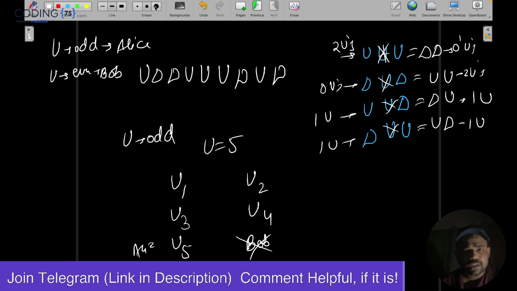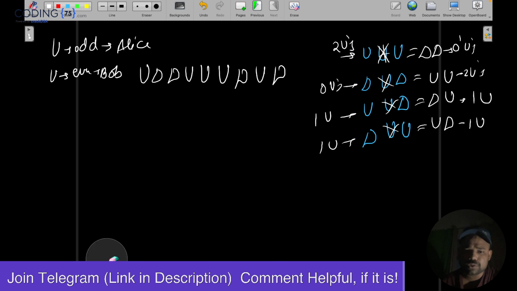But you will say, Abhinav, you are talking about the initial number of U's, but when we make some change, the number of U's changes. But guys, they are changing, but the parity of the number of U's is not changing. Parity means odd and even. If initially there is an even number of U's, it will remain even throughout the game. And if initially there is an odd number of U's, it will remain odd throughout the game. Why? Because when we do this operation, two U's are decreased. When we do this operation, two U's are increased.